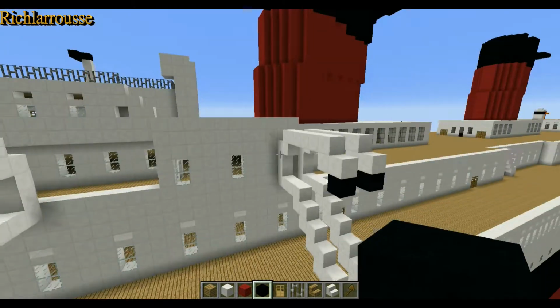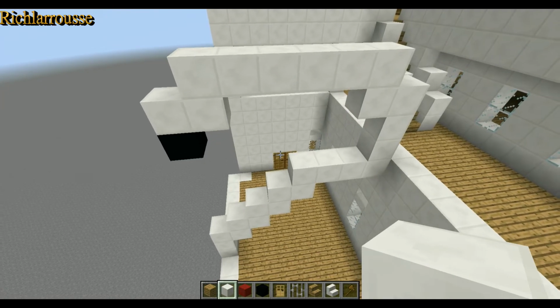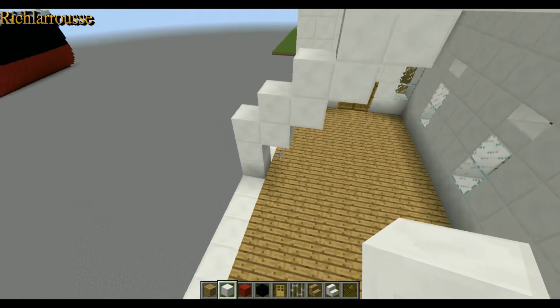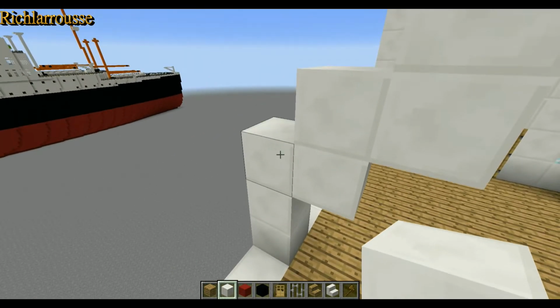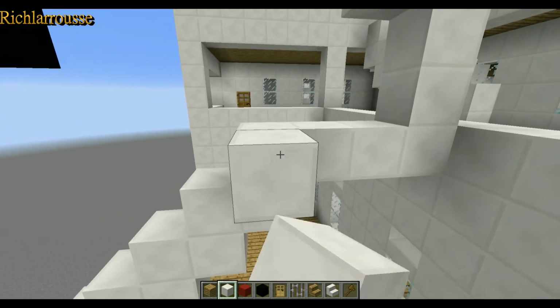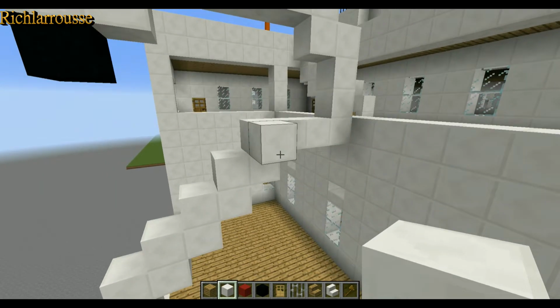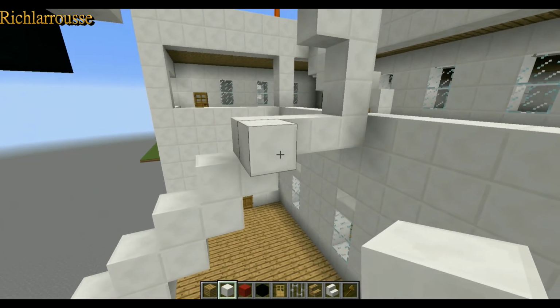Anyway, we've got the first pair in place, so we're going to add the first lifeboat. The lifeboat goes on the 7th block up. So we go 1, 2, 3, 4, 5, 6, 7. So the 7th block up, we add the keel of our boat. I think it's the keel. Well, we'll add the keel anyway, so I make the keel...